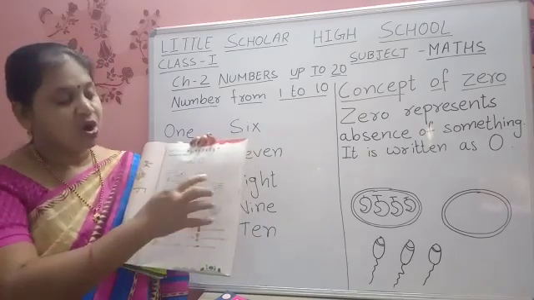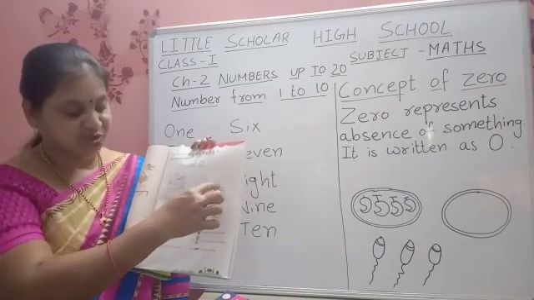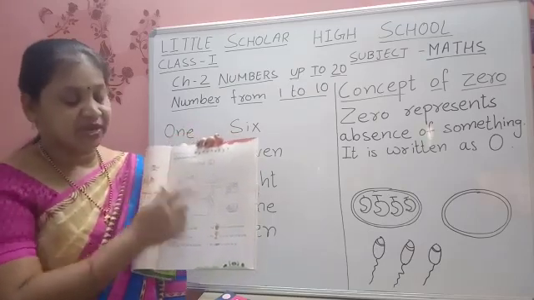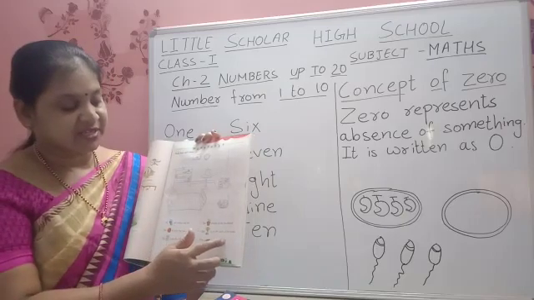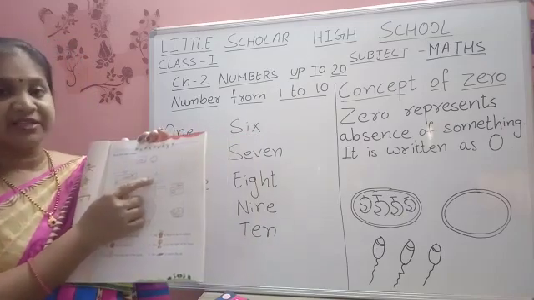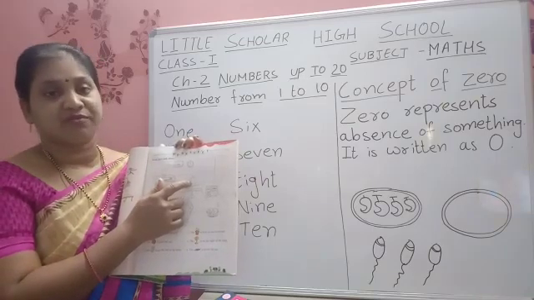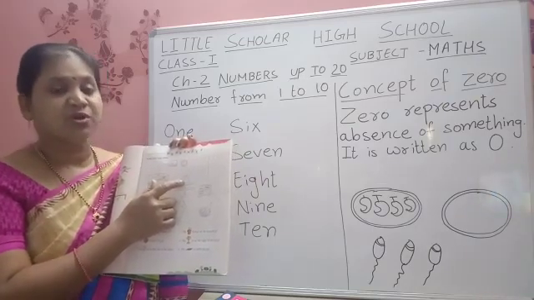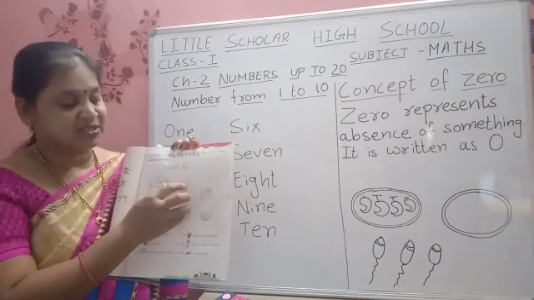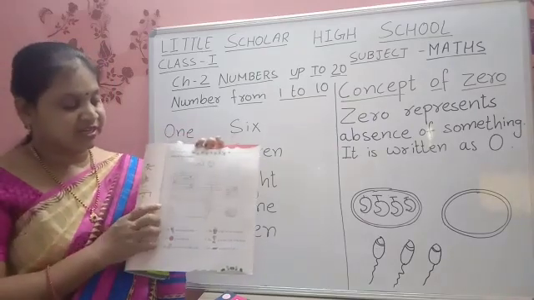Is it clear, children? On the bookshelf you will draw a flower pot. On the left side you will draw a teddy bear. On the right side you will draw a trophy. The chocolate is inside the jar. Where is the jar, children? Yes, the jar is kept here. Is anything inside the jar? No, nothing. So inside the jar you should draw a toffee. Toffee means chocolate. Is it clear, children?